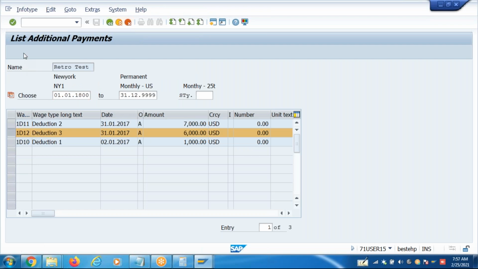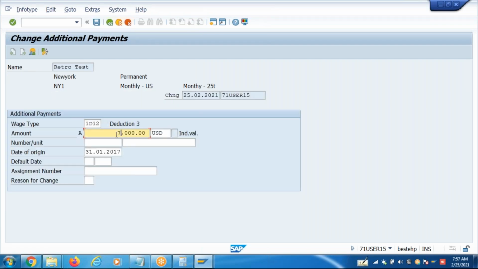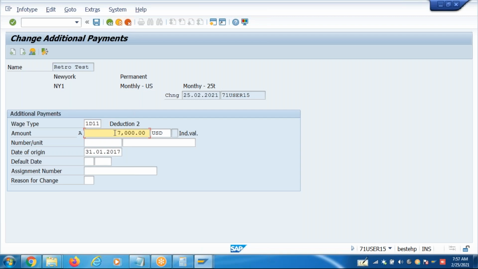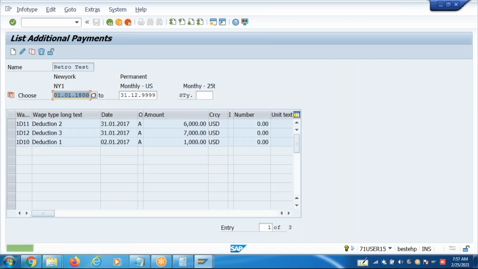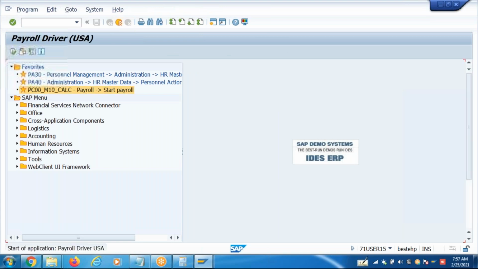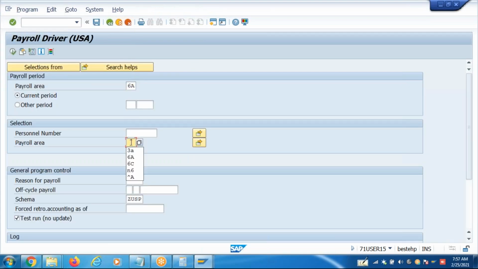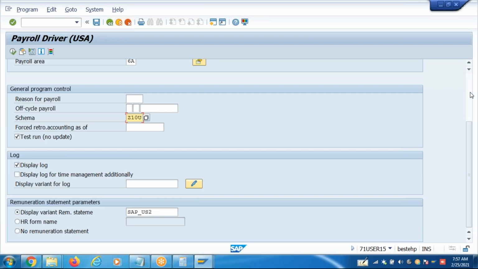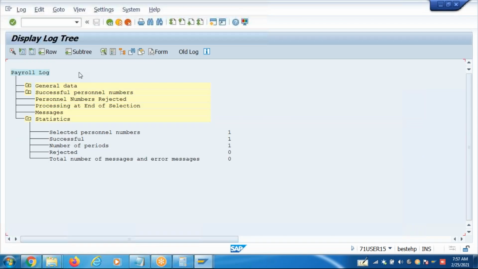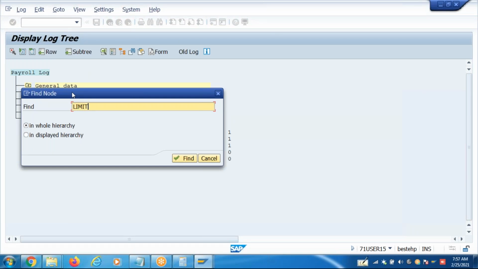This one, 7,000, I wanted to give. So Control F, limit.